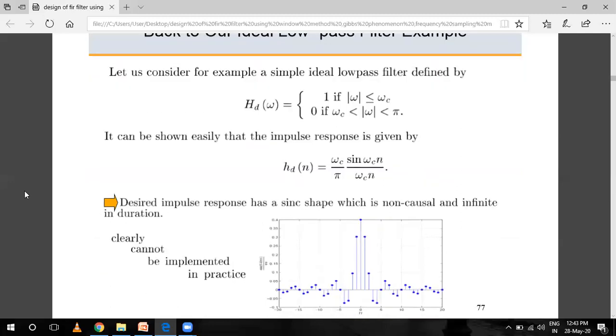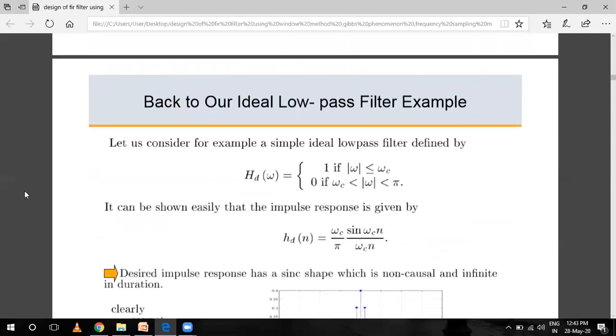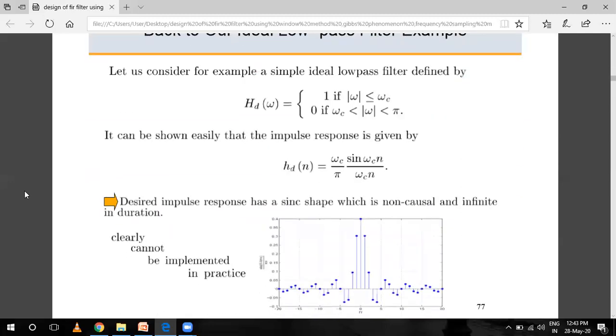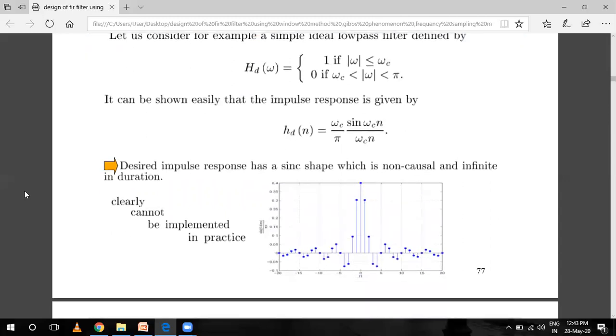Now come to the low pass filter example. See, this is a low pass filter. Let us consider an example of the low pass filter. You will see this very common example in every book. HD(ω) is the desired transfer function of the filter: 1 if ω is less than ωc, and 0 if ω is between ωc and π. It can be shown easily that the impulse response is given by